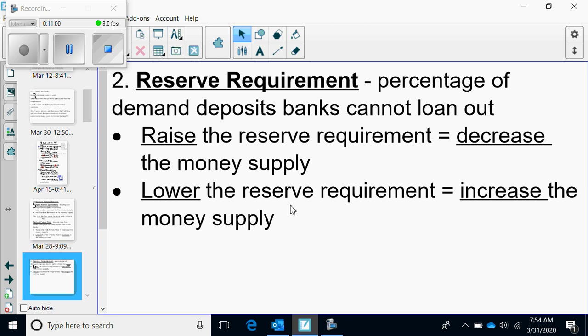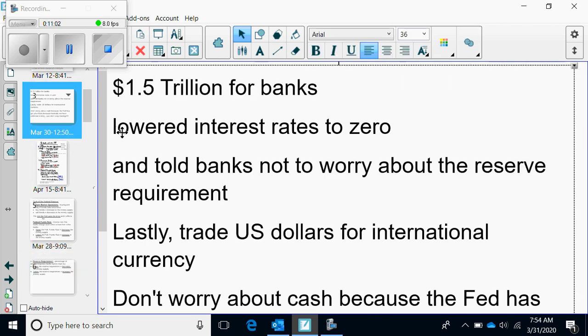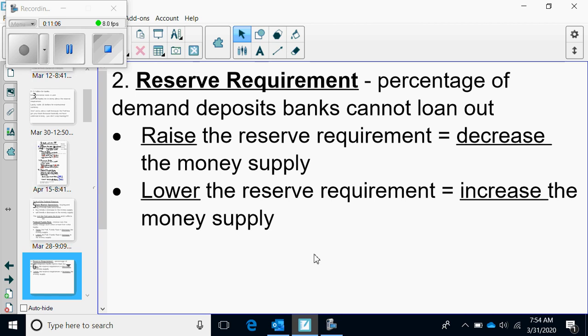And this is what I talked about. This is another tool they did. They said, don't worry about the reserve requirement, which you can see right here. And so they basically said, don't worry about it. Loan out all the money you have. And if you need money, just come to us, the Fed. We gotcha. Don't worry about it. Even though going to the Fed as lender of last resort is kind of not a good thing, the Fed is trying to tell everybody, hey, that card doesn't play right now in a recession. Anyone can come to us.